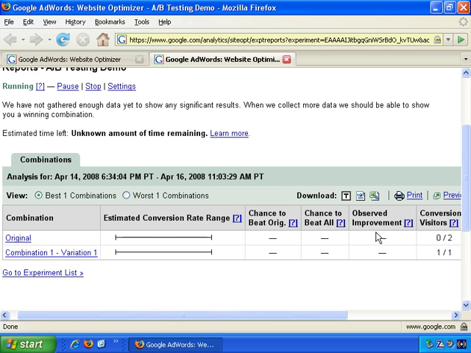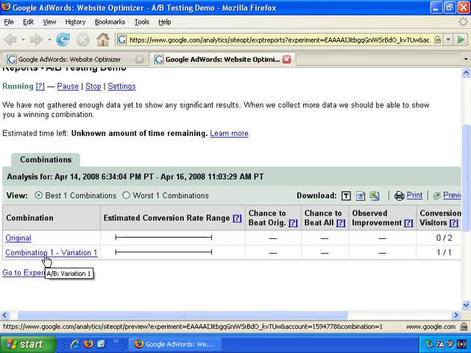Okay, and observed improvement. Basically, this takes all the combinations you're testing against your original and presents how well they're doing against the original page. For example, if combination 1 is getting twice as many eZine signups as the original page, observed improvement would be 100% or around that. If it's doing half as many, observed improvement would be minus 100%. But again, these 4 columns are really for Google to present you with as helpful data as possible